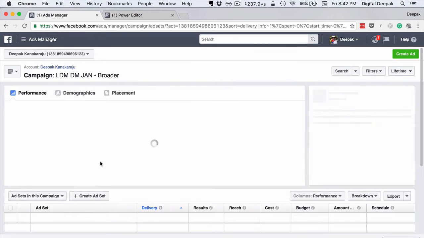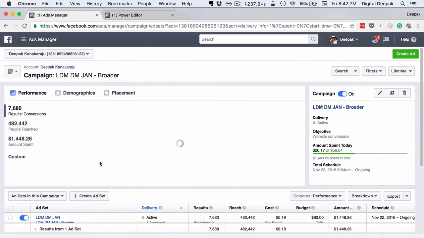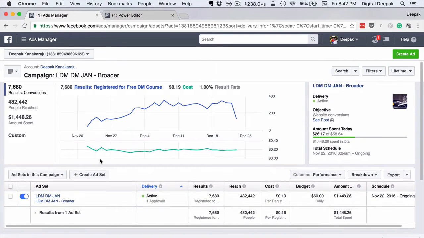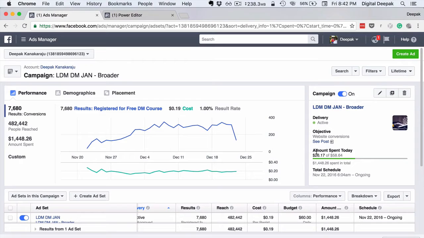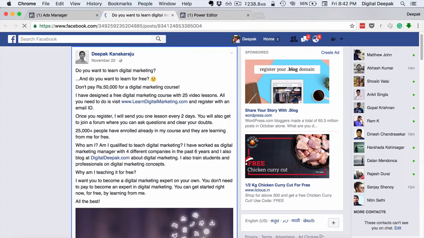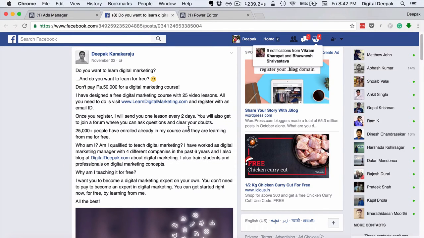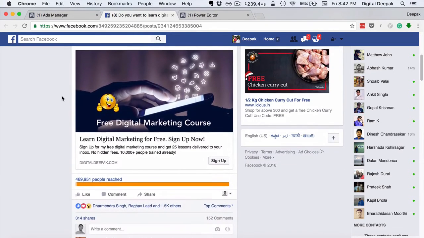Let me click on this campaign. Once I click on the campaign, I can see the ad groups here, and I have only one ad group here. One interesting thing that you can see is that you can click on See Post, and it would open up the specific post that is there on the ad. This post is on this page, but it's not publicly available. It is a hidden post and it's running as an ad only.